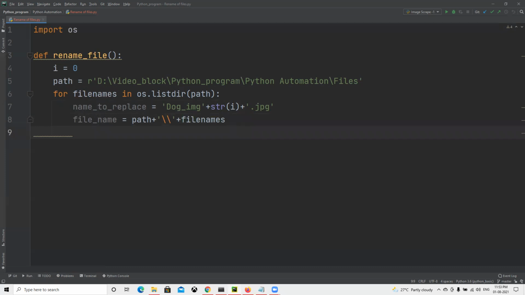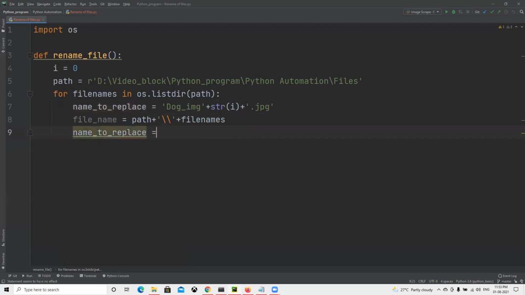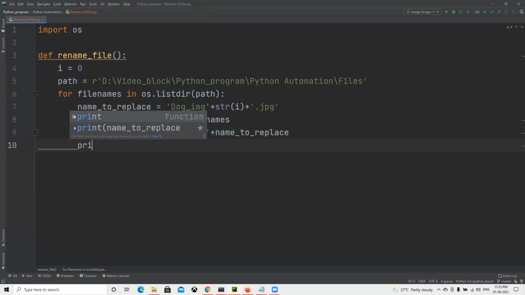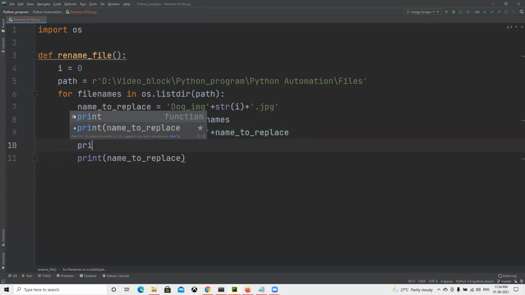Now we already find that name. Now how are we going to do that? So now name to replace, what I will do is the same way till here, because we need to pass the path of what we need to replace, and then with what name we want to replace it. If I go ahead and try to print for you what it's going to print, print name to replace and print one more, file name.